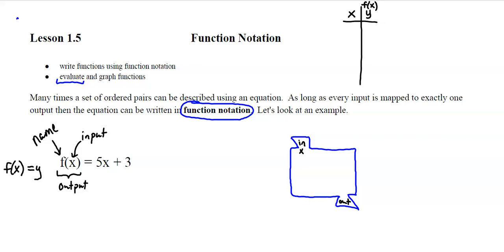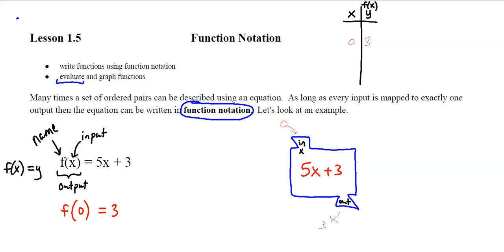All right, so let's pretend that we put a 0 in this box. So a 0 drops in, and the rule says that we need to do 5 times whatever x value, and then add 3 to it. So if you plug 0 in there, 5 times 0 is 0, plus 3, you're going to get a 3 pop out. So we know that (0, 3) is a solution. Now, how we write that is you'd say f of 0 equals 3,